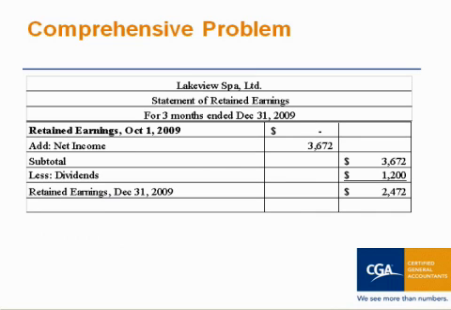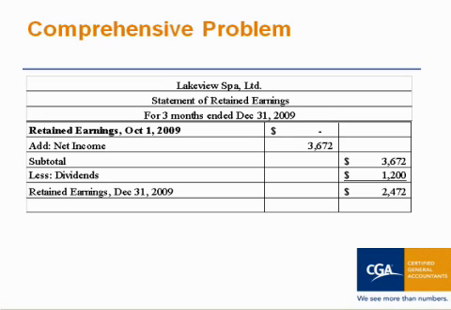We're also going to prepare something called the Statement of Retained Earnings, and it shows how much has been retained in the business at the end of the cycle. Our opening balance for retained earnings on October 1st was zero. There was no balance. The company just started. So our opening balance is zero. To the opening balance, we add net income and we subtract our dividends. So we're going to add net income of